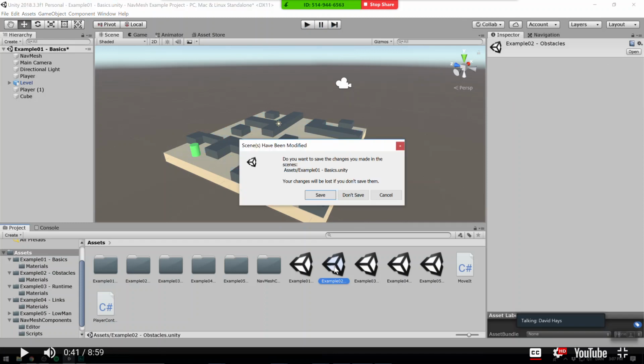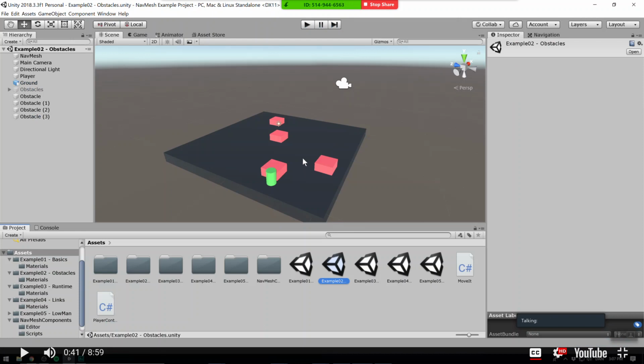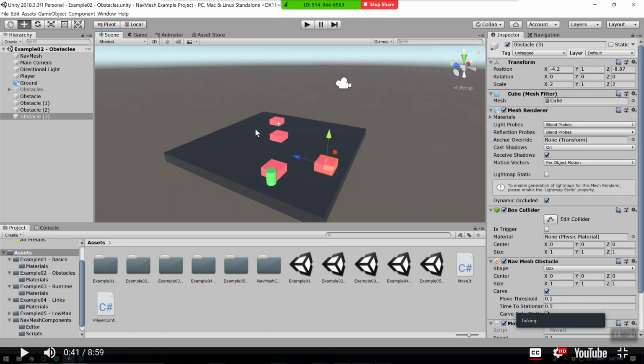Now, for example 2, if I double click that, save on that. This right here is just a floor, and I got these squares here that take part in the video. I'll probably just go ahead and leave them there so I don't have to recreate them. And if I look at the floor,